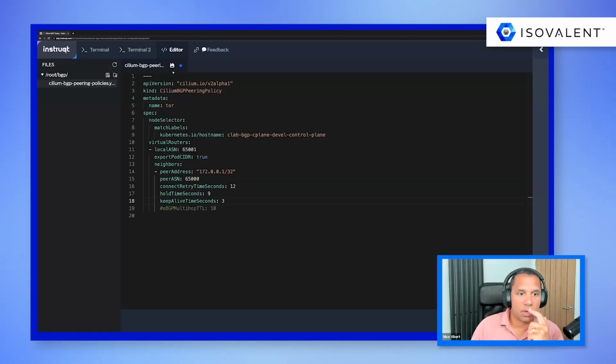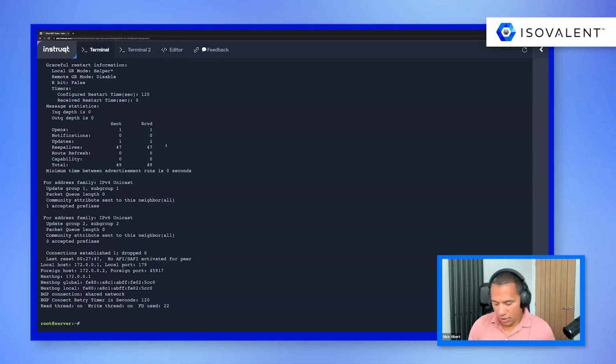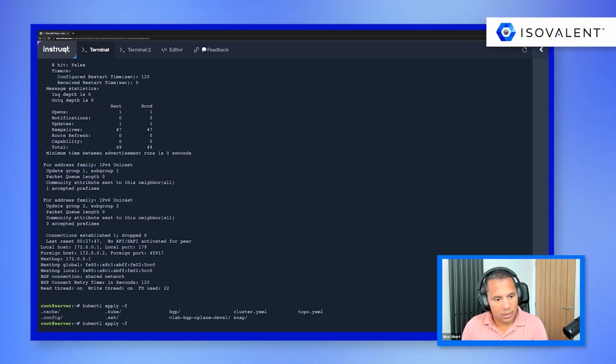So we've got our peering policy, now reducing the keep alive values, the hold time values, and connect retry, which is another BGP timer. And let's save it, and we are going to apply it. And it's going to be in this folder.